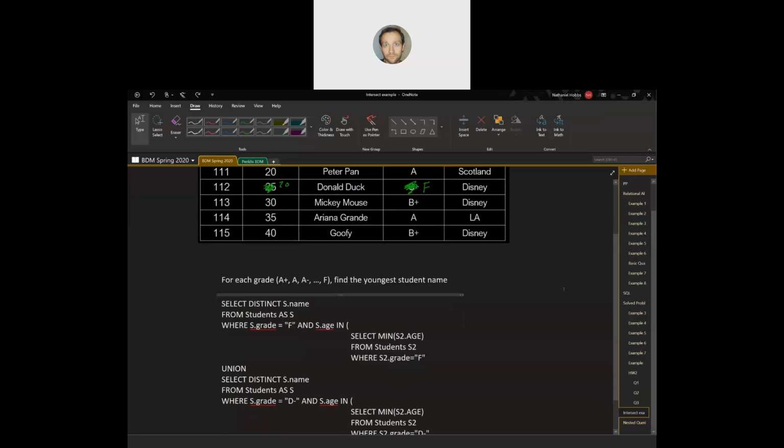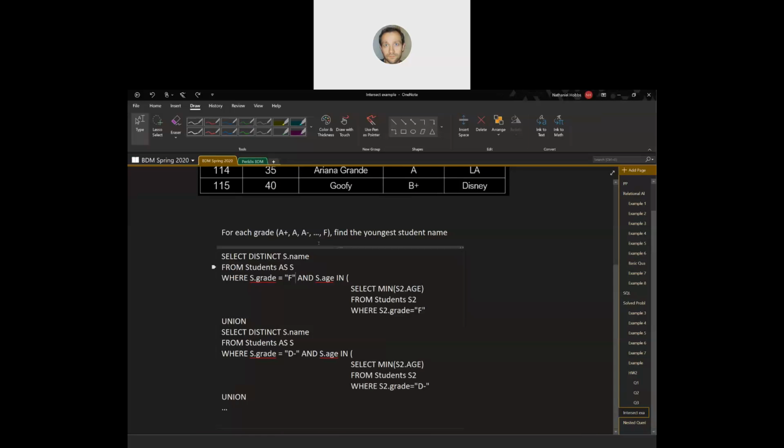So, as I was saying before, if you wanted to answer this, one way you could do it is to just develop a very, very lengthy query. So this is going to check for Fs, then I'm going to union that with D minuses, and I'll union that with the C or the Ds, and then I could have, I don't know, however many that would be, 12 lines or something. So 12 of these types of blocks, all unioned together. But